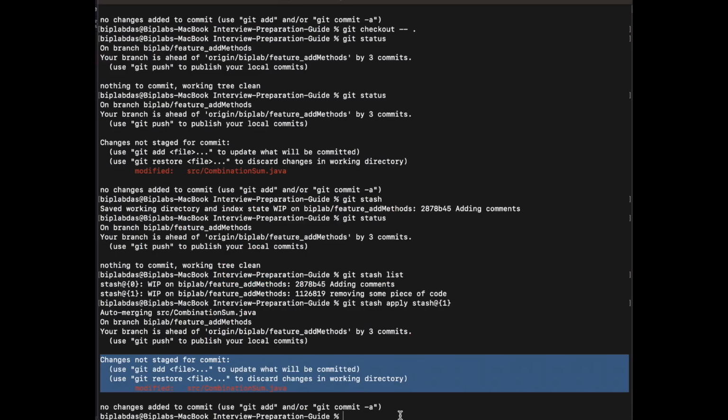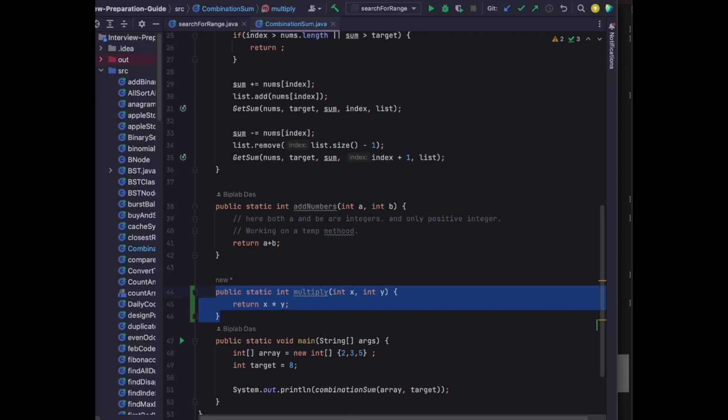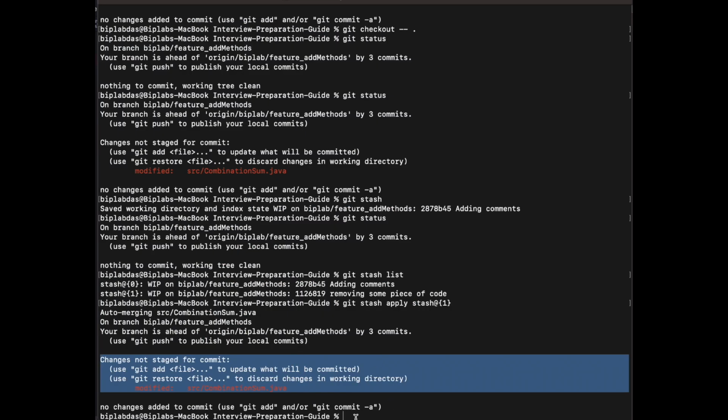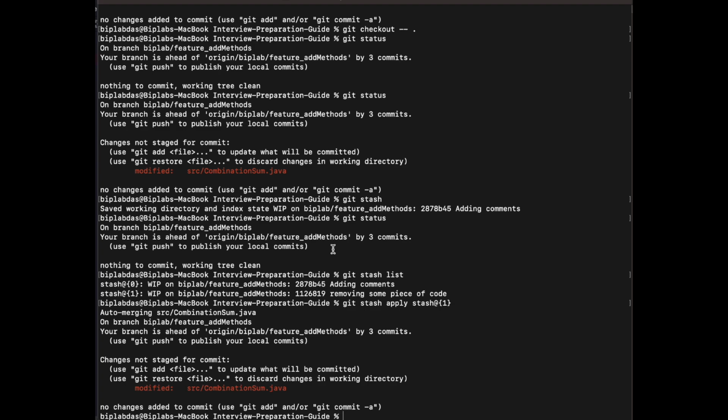Even uncommitted changes, you can save, and they can be retrieved later, so that you can continue on the same feature again without losing any uncommitted or broken work. So that's how Git Stash is useful. Do check out these two commands, because these two commands are very useful when you are working in a fast moving environment as well as